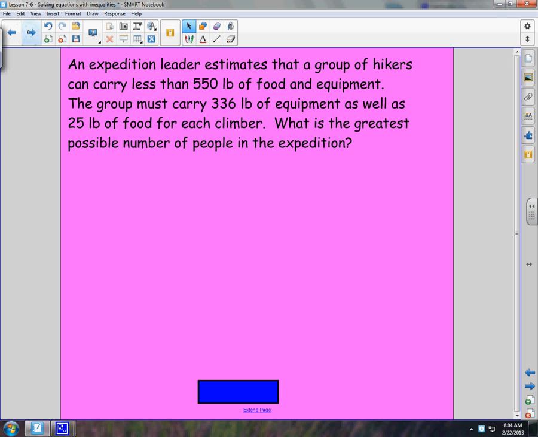Okay, so now we have a couple of story problems. An expedition leader estimates that a group of hikers can carry less than 550 pounds of food and equipment. The group must carry 336 pounds of equipment as well as 25 pounds of food for each climber. What is the greatest possible number of people in the expedition? So I know that this is my total, less than 550. So I know I have to be less than